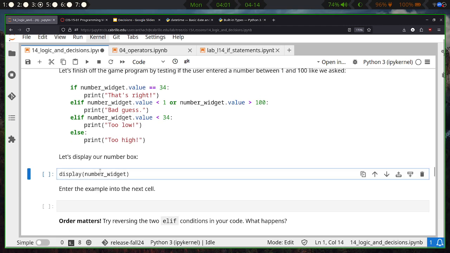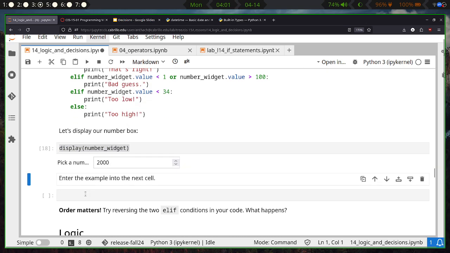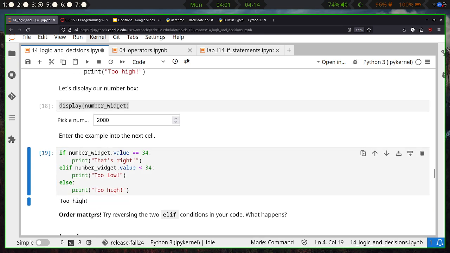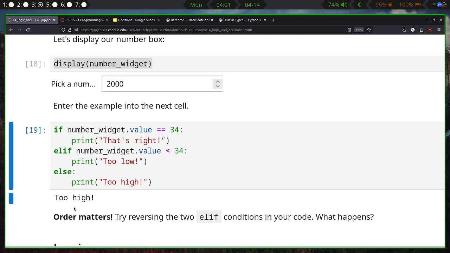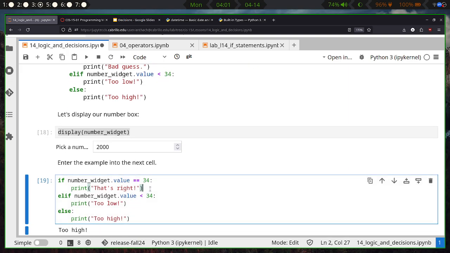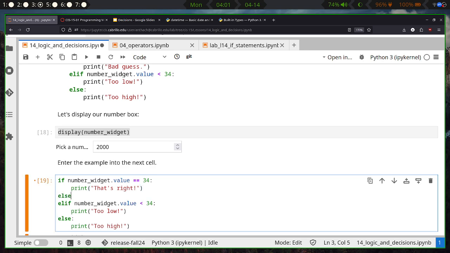Scrolling down a bit, I'm going to rerun this display, and then paste over the previous implementation. We want to add in one more, because right now it says too high. What if we wanted to say you're way off? One way we could represent that is with this branch, where maybe the second branch, I could say something like else if you're way off. We can define way off by saying they're less than 1,